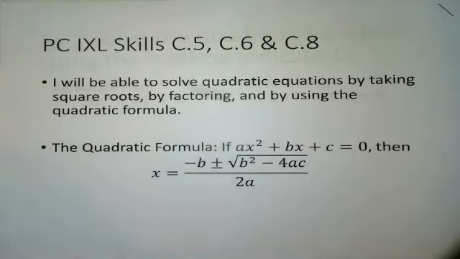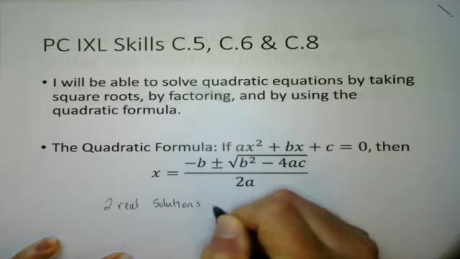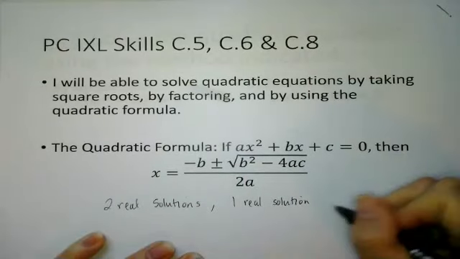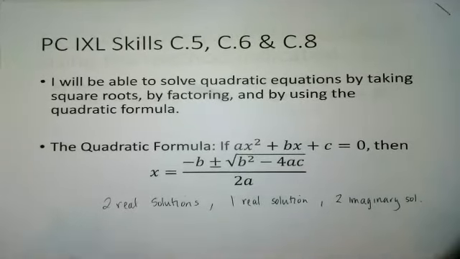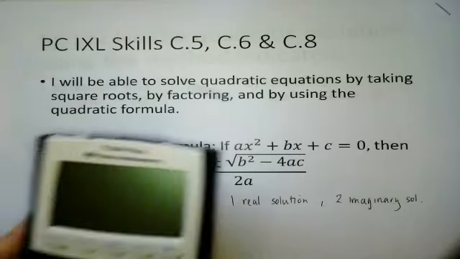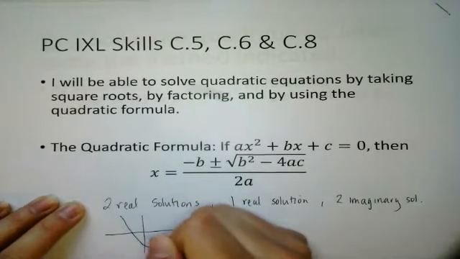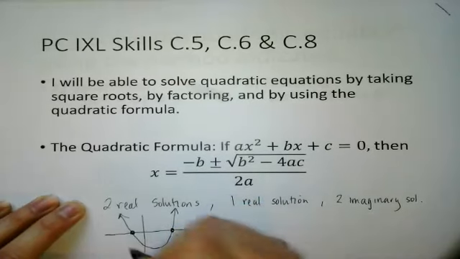There are a few questions where it talks about if there are two real solutions, or do you get one real solution, or two imaginary solutions, and you have to just pick and choose. And I just wanted to remind you that one thing that you could do is graph the equation on your calculator. And if there are two real solutions, then you should see that quadratic equation having two real x values,